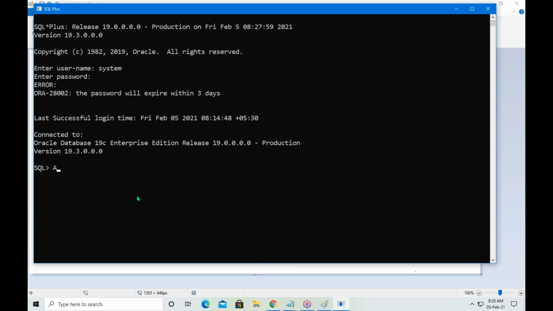So how to switch? Alter session set container equal to ORCL PDB. Sir, what is ORCL PDB? It is the default pluggable database available in Oracle 19c.